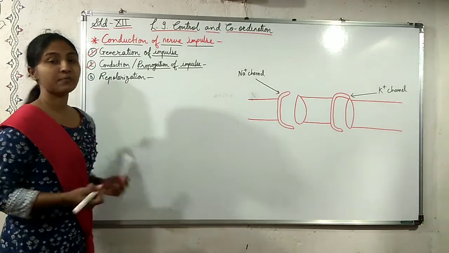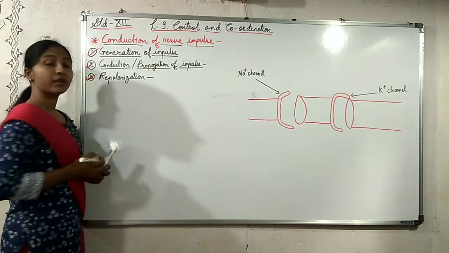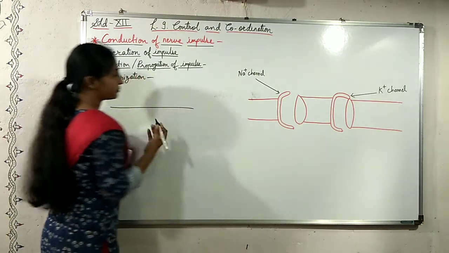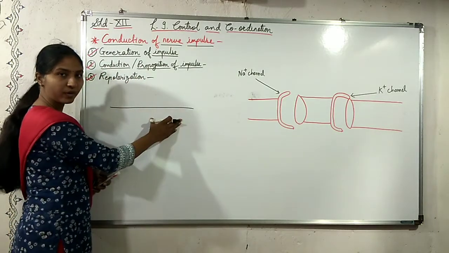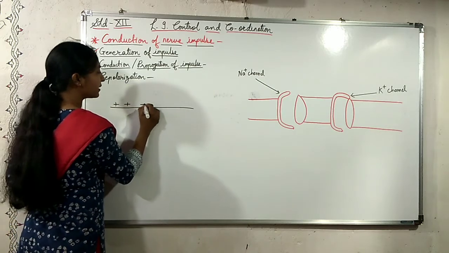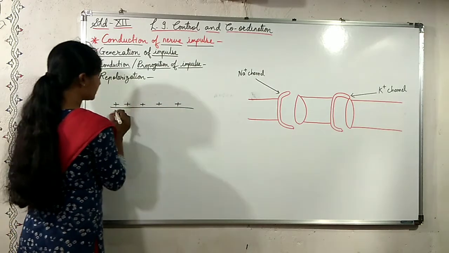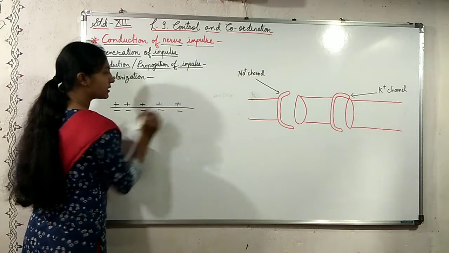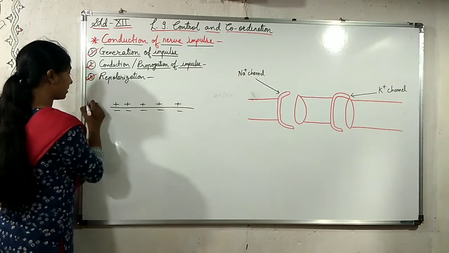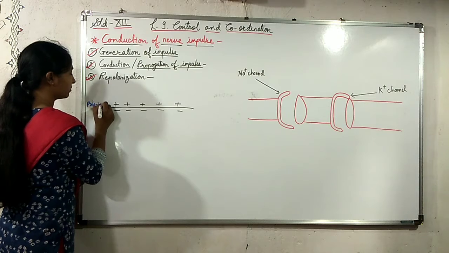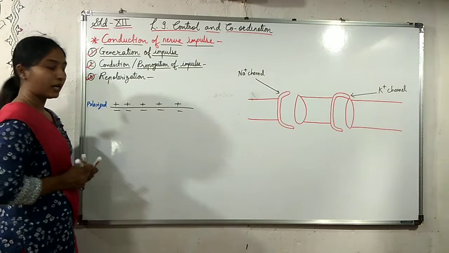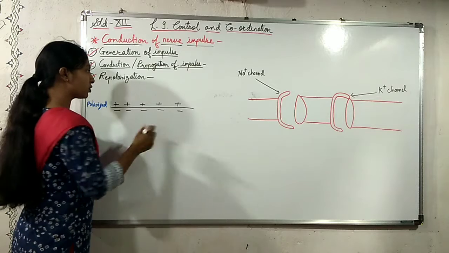Now the third step that we are going to see is repolarization. When we said that the membrane of the nerve fiber is electropositive outside and electronegative from the inside, this membrane is said to be the polarized membrane. Now when a stimulus is given to this membrane,